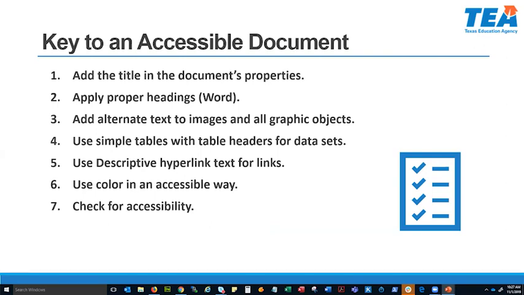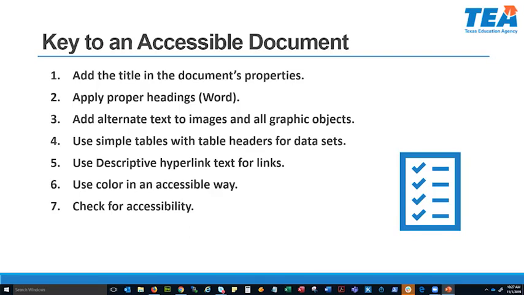Now, when we're working in a document, there's things that you have to make or do in your Word document to make it accessible. And these are kind of the 7 things that if you follow, your document will probably be about 99% accessible. So when you're working in Word, you want to give your document a title, but also include the title